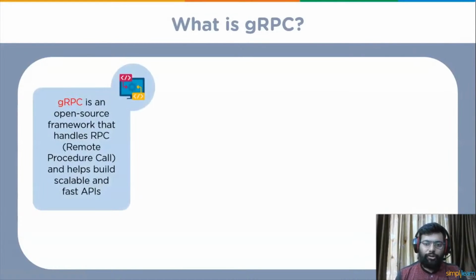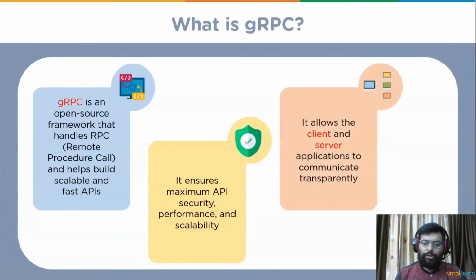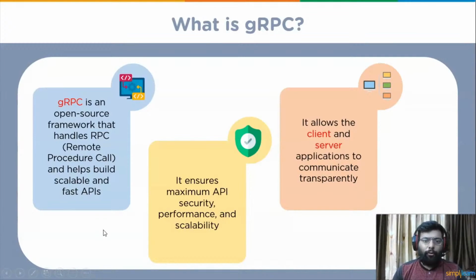gRPC is an open source framework that handles RPC, that is, remote procedure calls, and helps build scalable and fast APIs. It allows the client and server applications to communicate transparently and helps developers develop connected systems. This framework works on HTTP/2, protocol buffers and other modern technology stacks to ensure maximum API security, performance, and scalability. Next, we will learn about the gRPC basic concepts, that is,